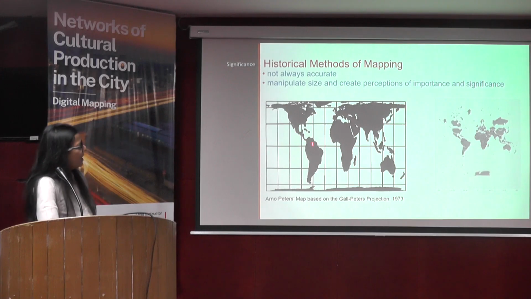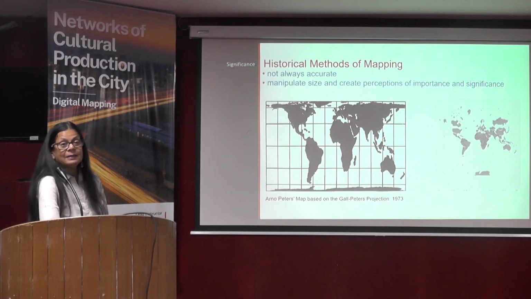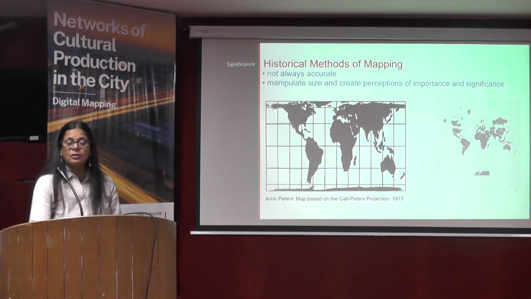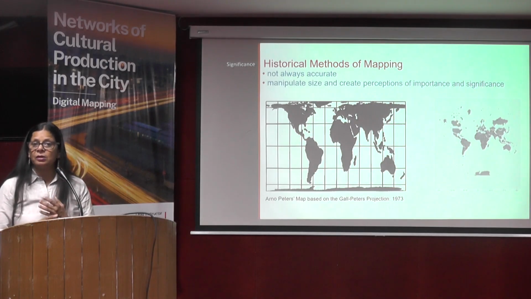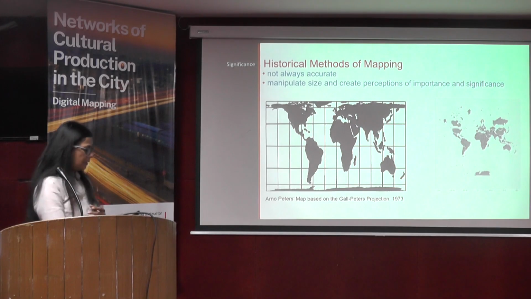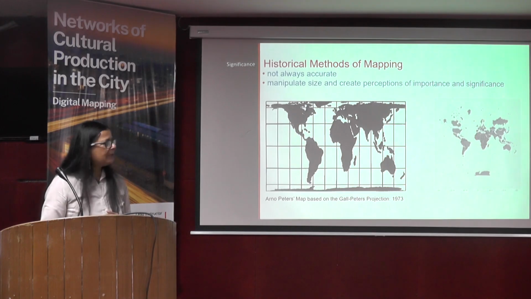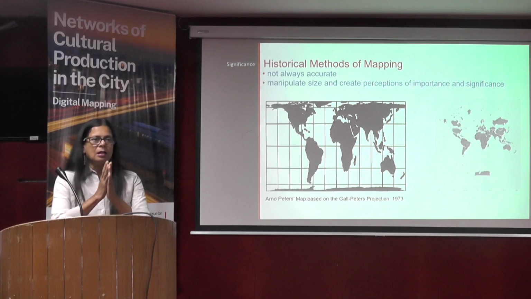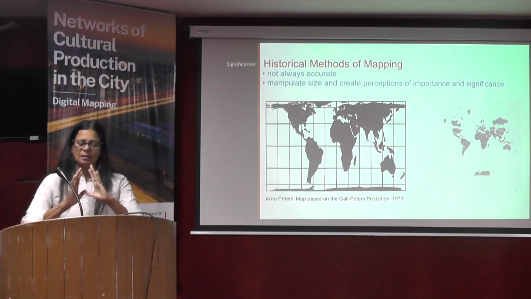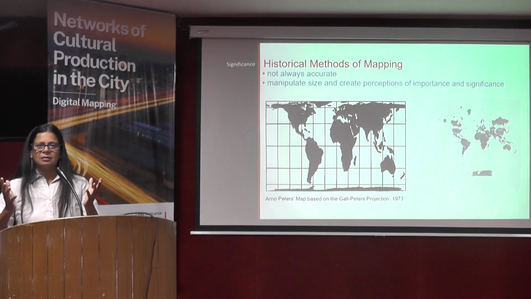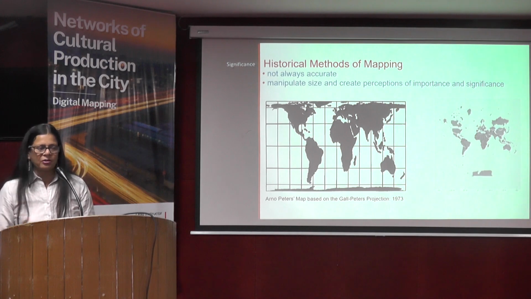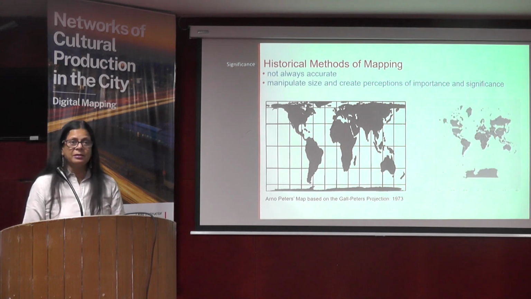Let me put it this way: the map should really be like this, okay? But it is not like this. We are not used to this kind of contours of the world, okay? We think of Africa as more squat, this as in a different shape, and that is because of the way the adjustments were done, and this is based on Mercator's projection, is that some continents, like Africa,